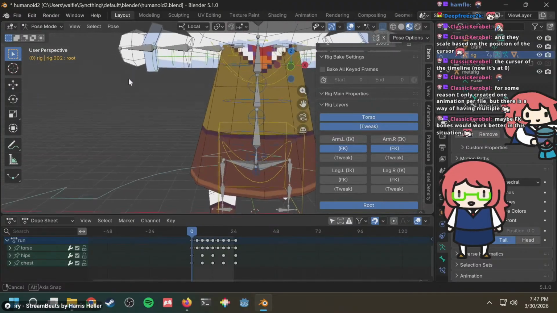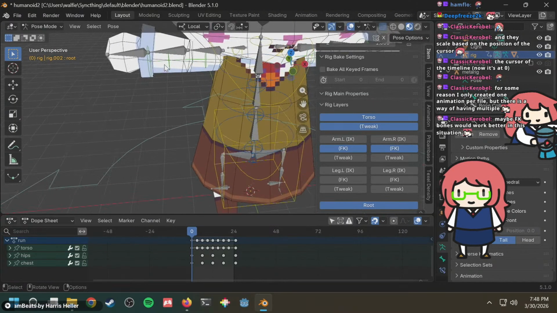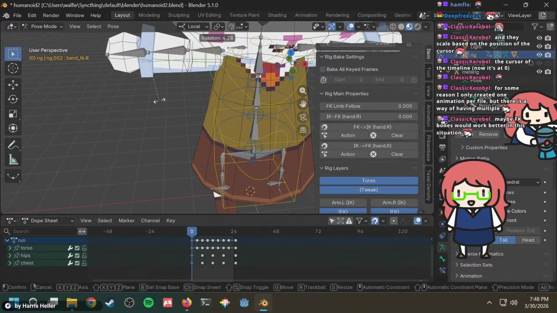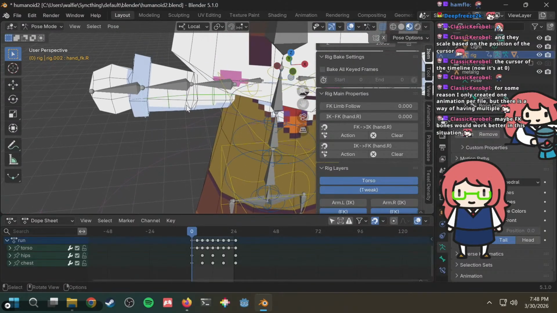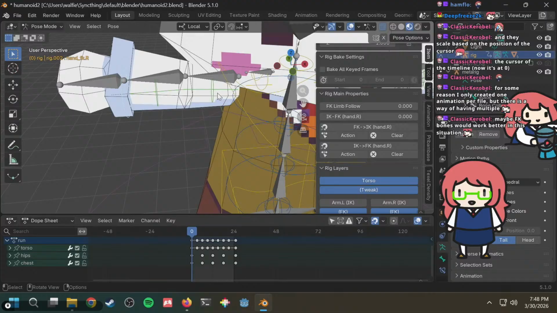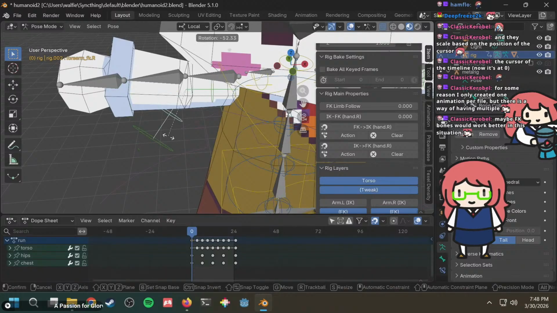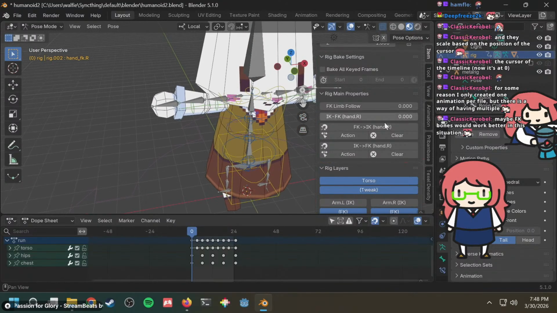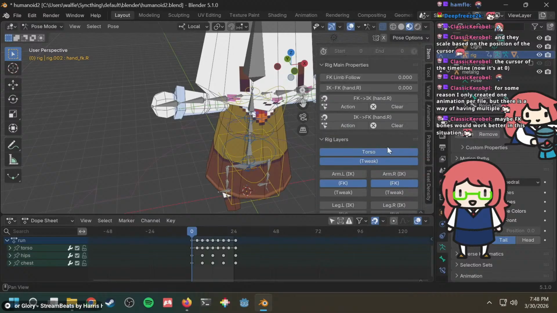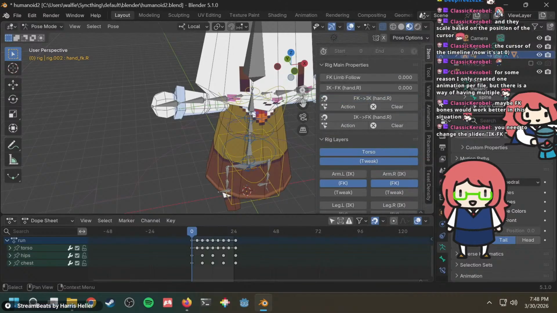Okay, so let's see. I would want to move... Is this the one? No, that's not it. How do I move? What do I move for the forward kinematics? Rotate. It doesn't rotate it. Does this rotate it? No. Oh, because I need to set it so that it's prioritizing FK. Right. Is that it?